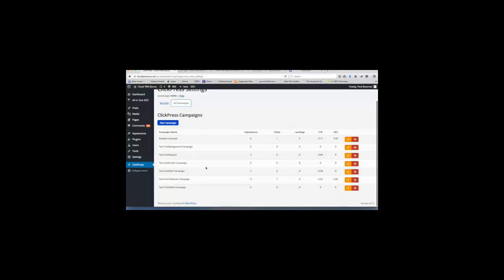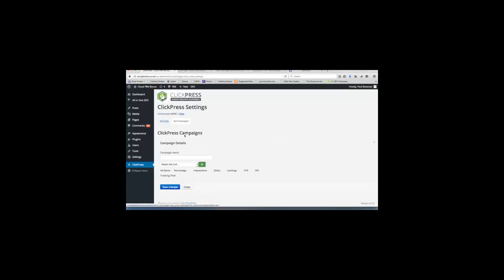This is the pro version, like I say. So what happens here is you will create a campaign. You'll add a campaign, so you give the campaign a name. You select one of the ad units that you've just created. You add it, and then when you've done that, it'll give you a tracking pixel. You can have multiple ads as well. So say you're doing a background ad, you'll upload multiple background ads into here. You'll add them in, it'll give you a tracking pixel, you put that on your thank you page, and then